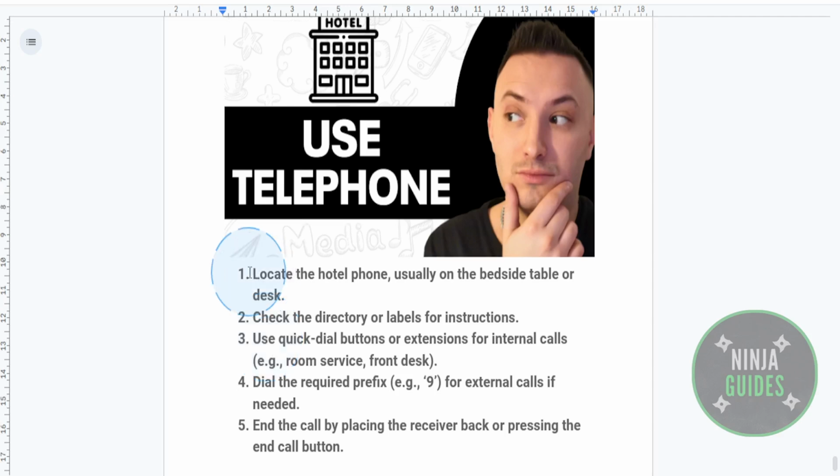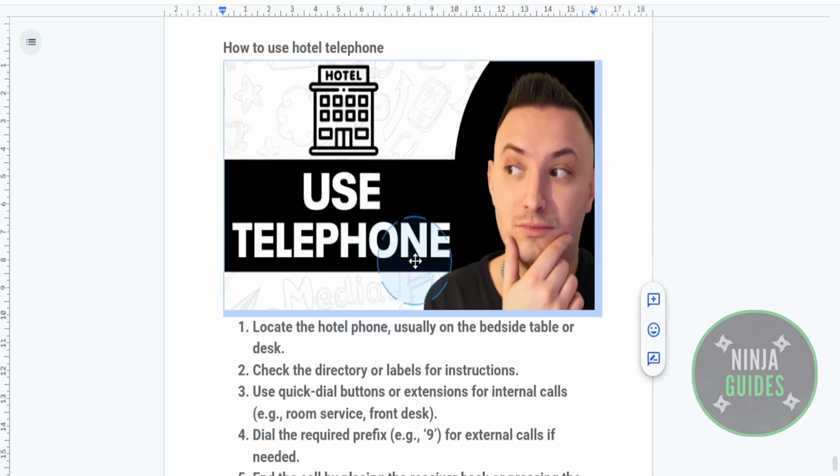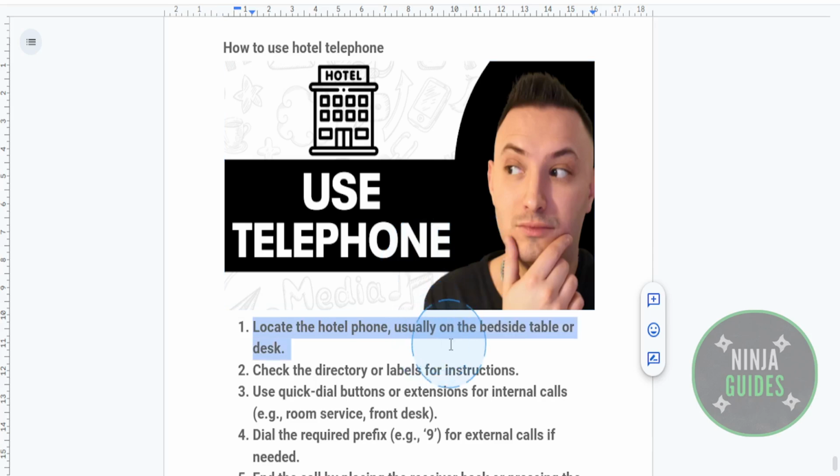So first things first, you want to familiarize yourself with your phone. Hotel phones are typically found on the bedside table or desk in your room. They're similar to regular phones, but may have special buttons for hotel services like room service, housekeeping, or